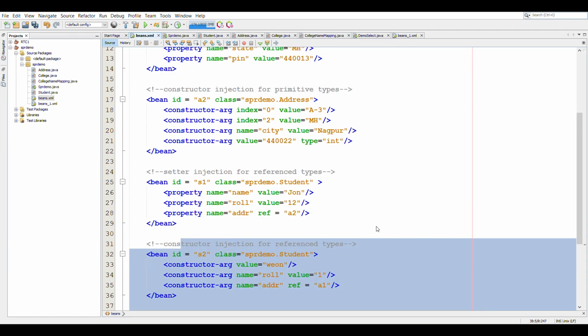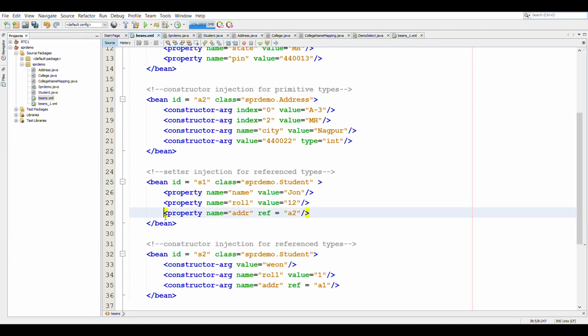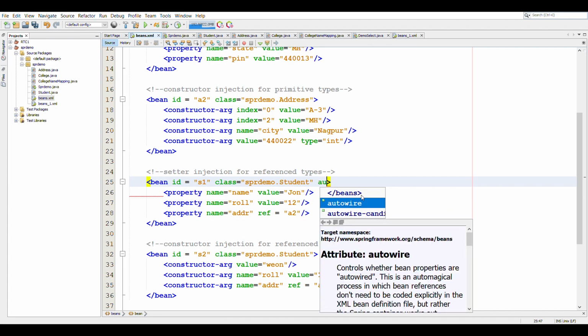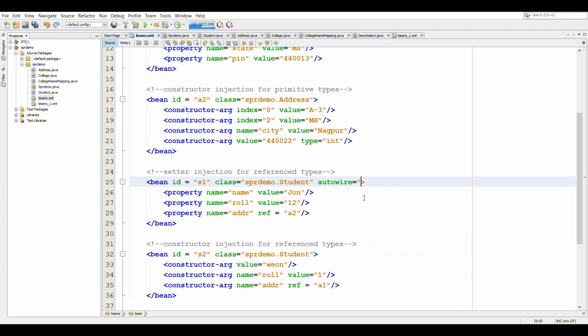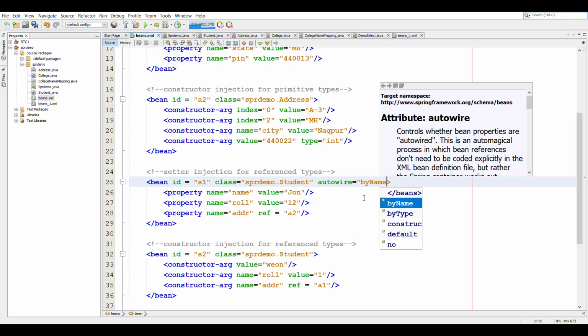Now what we want to do is not specify this property and reference A2, and still be able to auto-wire this Address bean A2 with the Student bean S1 that we have created. For this to work, we will use auto-wiring, and here we will, let's say, first write autowire byName.